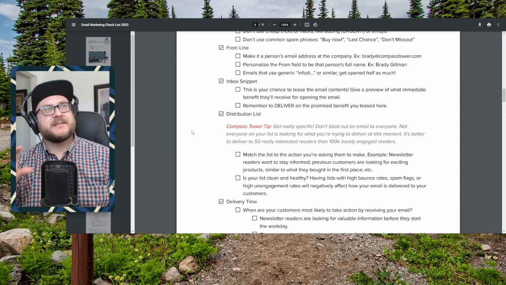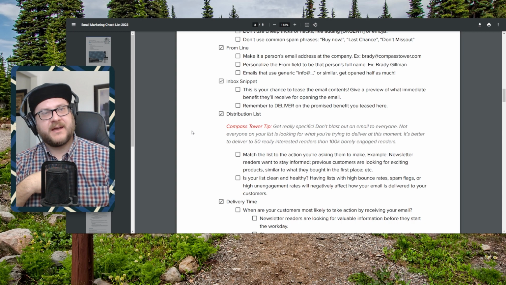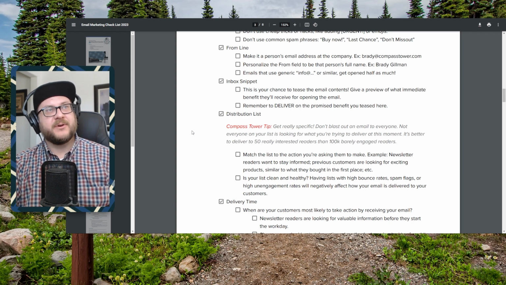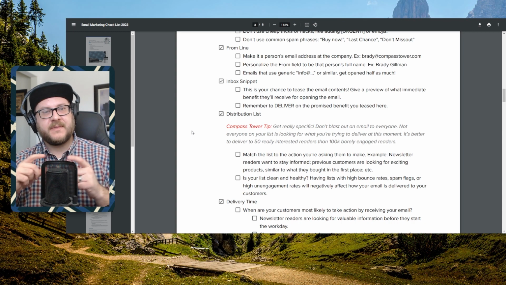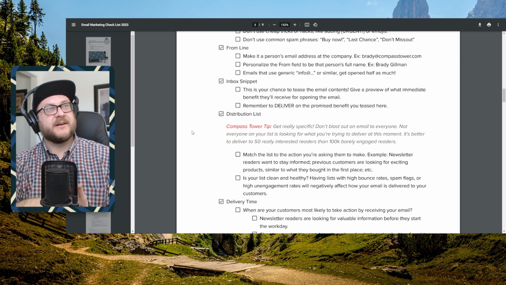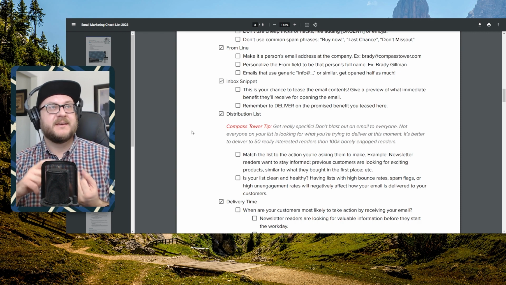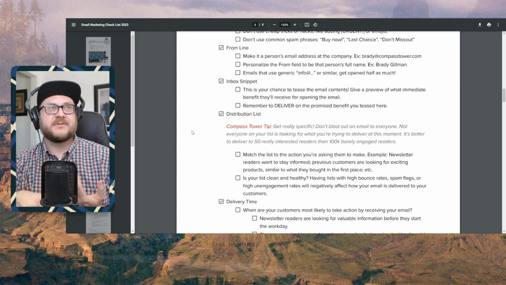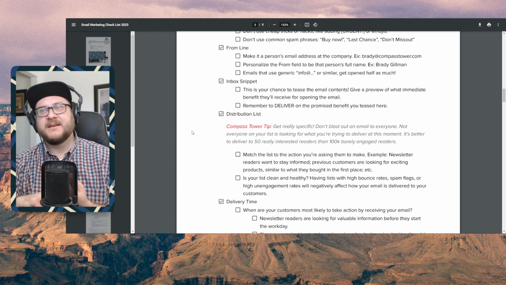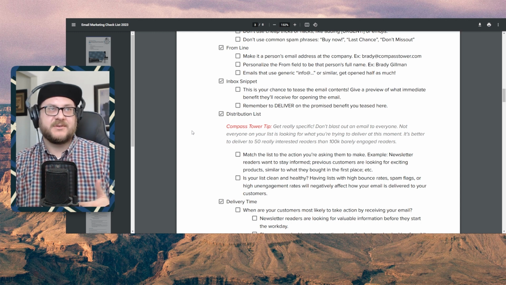But anyways, understanding how those things affect how customers take action will help your emails perform better. Understand it's a personal interaction. They've invited you in, and if you're not delivering on the promise that you've put in the headline, people get annoyed. People unsubscribe. People send spam flags, and that's going to hurt your distribution lists.